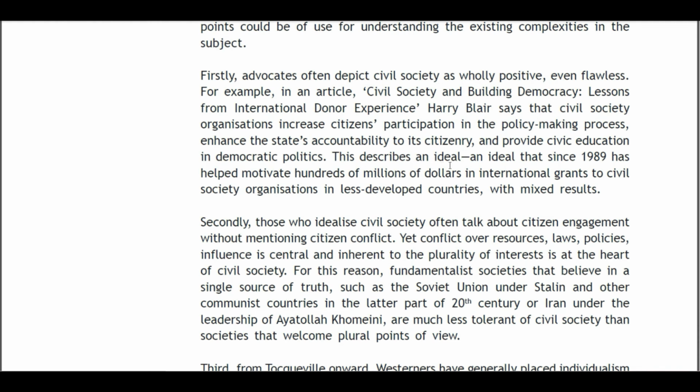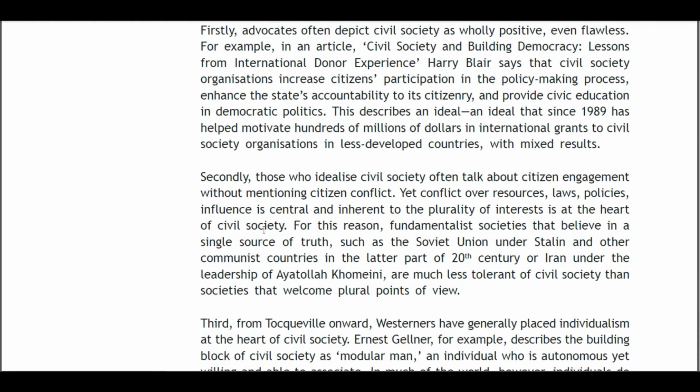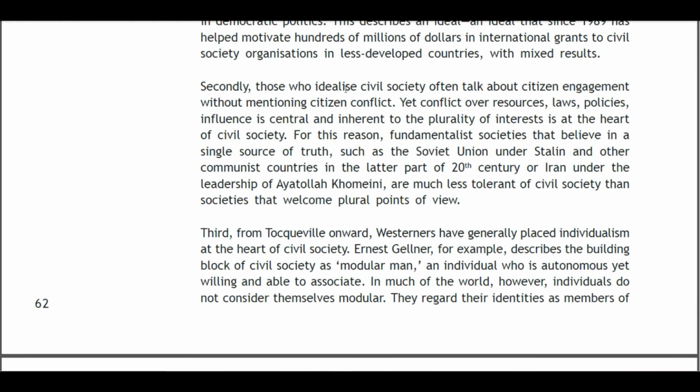This describes an ideal that since 1989 has helped motivate hundreds of millions of dollars in international grants to civil society organizations in less developed countries with mixed results. Secondly, those who idealize civil society often talk about citizen engagement without monitoring citizen conflicts. Yet conflict over resources, laws, and policies is central and inherent to the plurality of interests at the